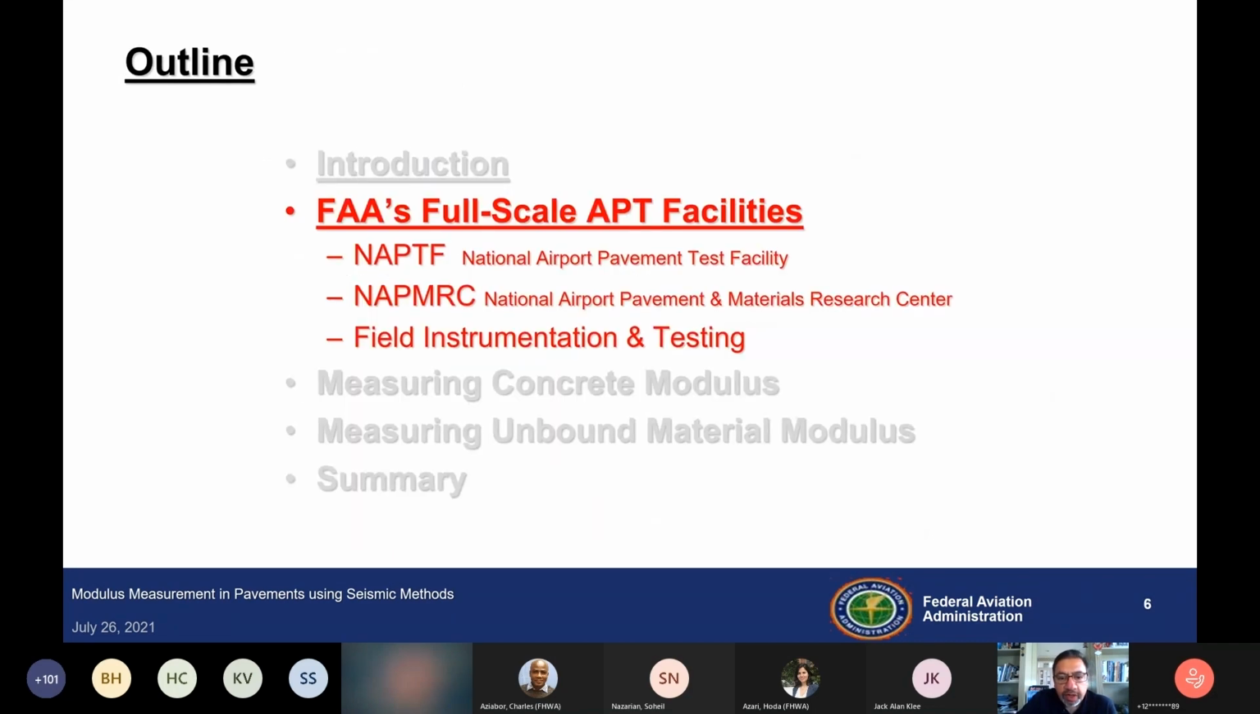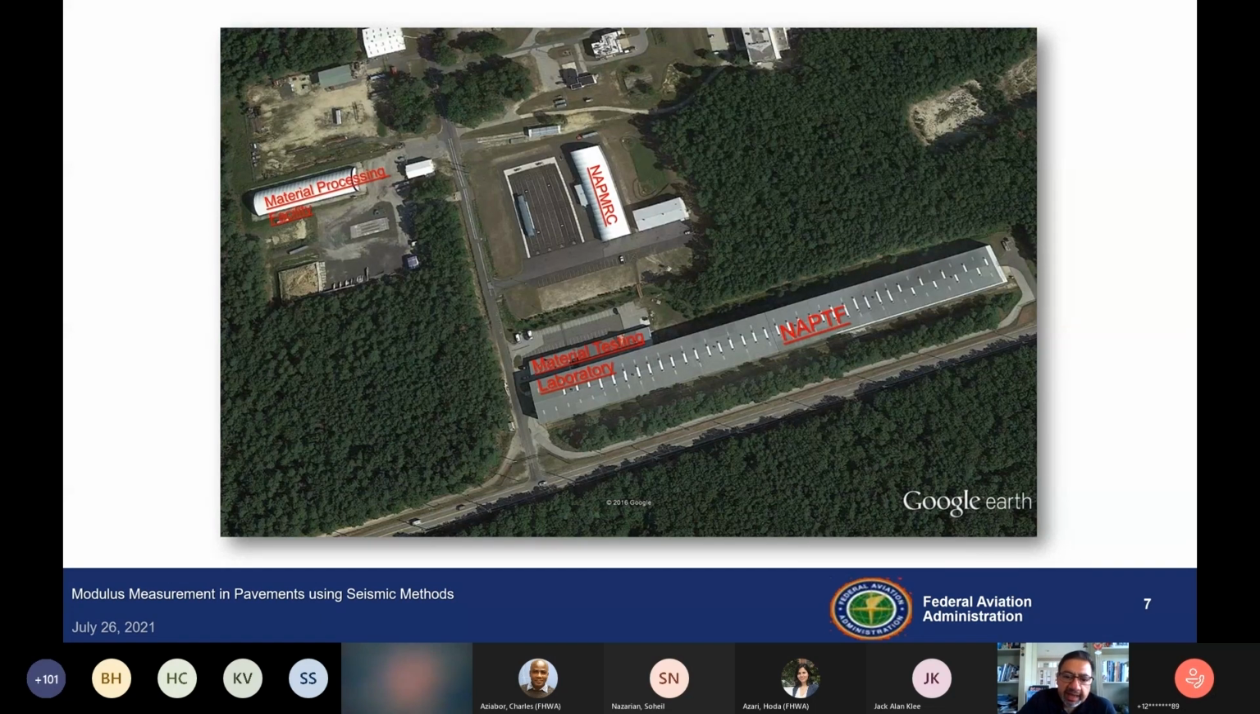Next, I'll talk about our full-scale test facilities that are located at William J. Hughes Technical Center in Atlantic City. We have 2 full-scale test facilities, and then we also have a project on field instrumentation and testing where we go to different airports and install pavement sensors and also do material testing. Here's a satellite image of our facility. We have